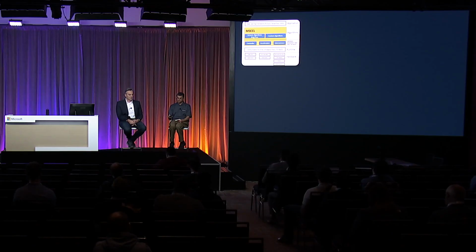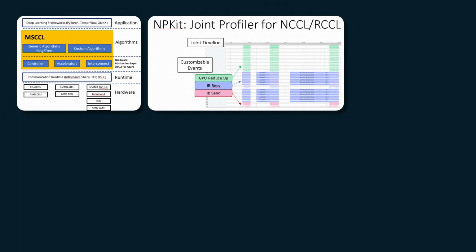One related software to MSCCL is called NPKit. Again, this is work from our MSR Asia team. It provides much more fine-grained profiling. Normally when you look at a profile, you get a top-level operation. Here you can peek down one or two levels below to see each of the data movements and kernel launches. So you can look at a much more fine-grained level of profile that we ourselves had been using. Our MSCCL team was using it to debug their code.